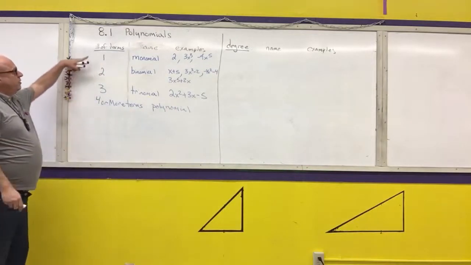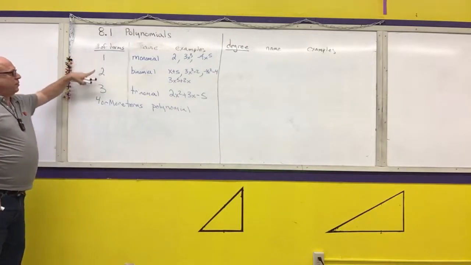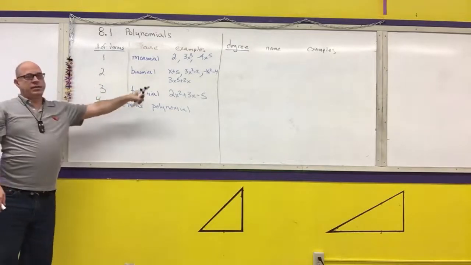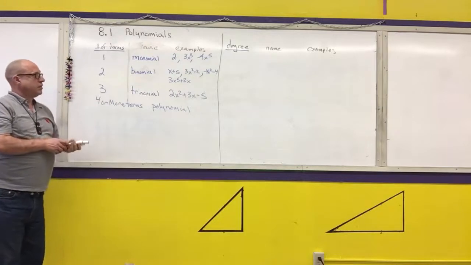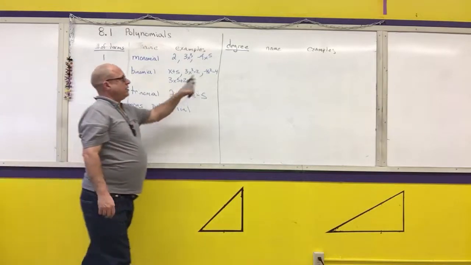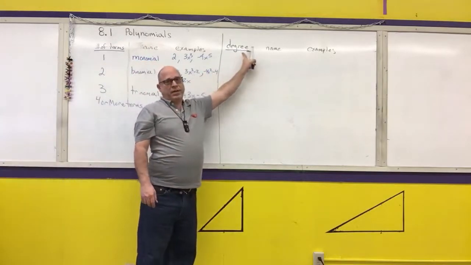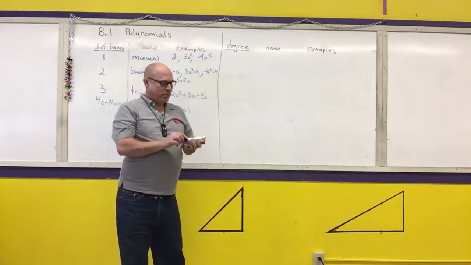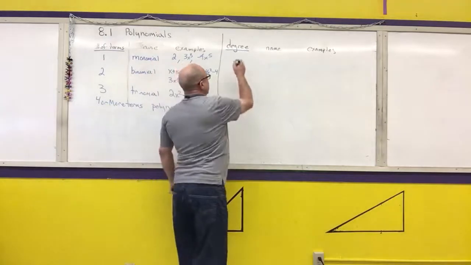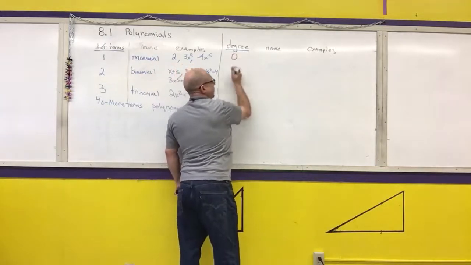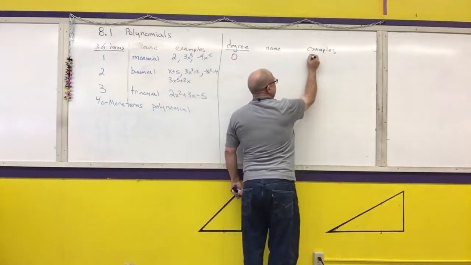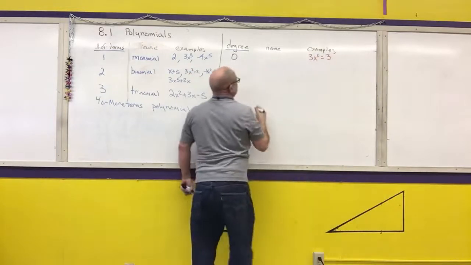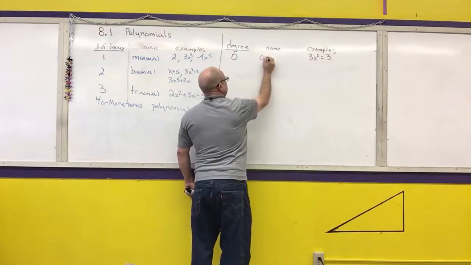So the ones that we are really concerned about are monomial, binomial, and trinomial. And we get those by counting the number of terms. Now, for classifying by the degree of the polynomial, remember the degree is the highest powered term. The highest powered term is 0. For example, 3x to the 0th, which we know is 3. It is called a constant function